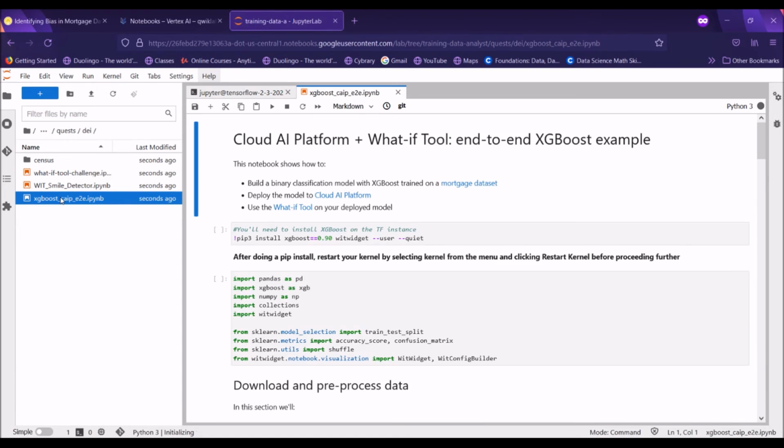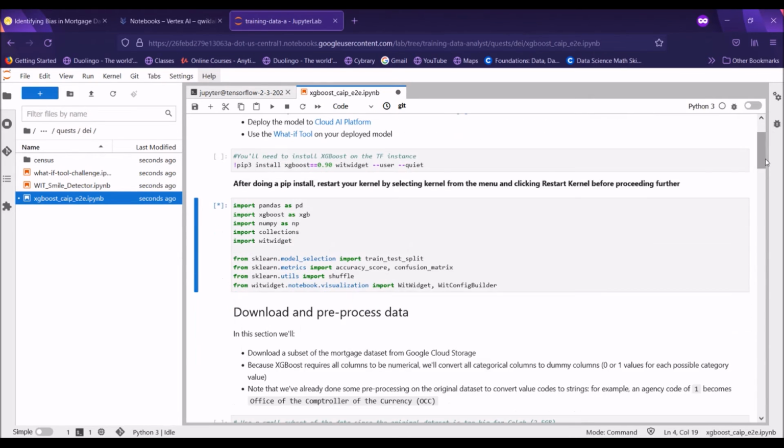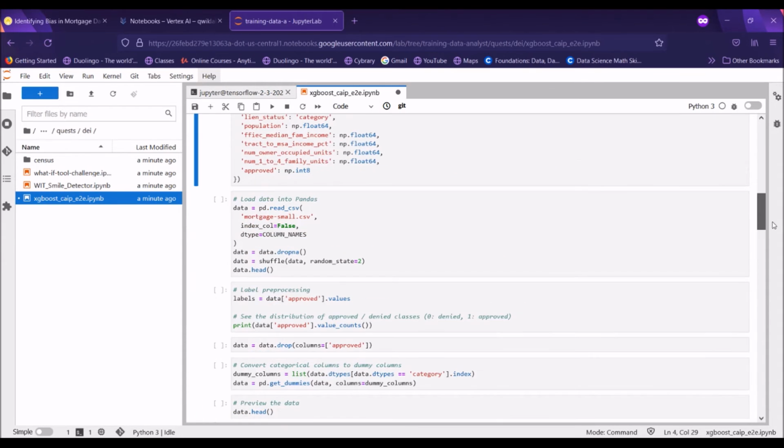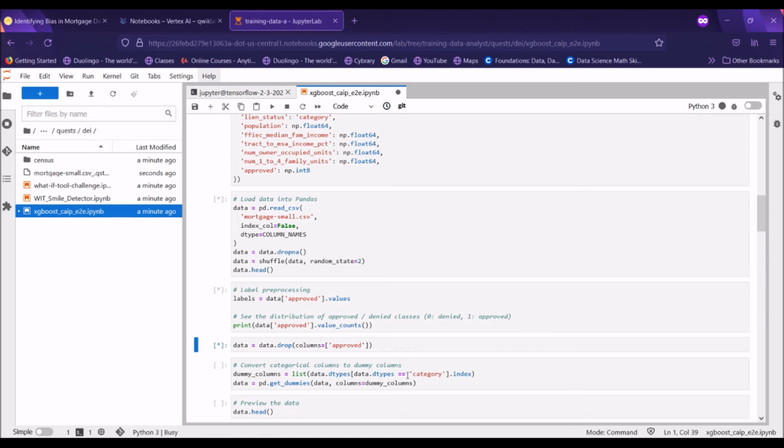We will have to simply run each cell one by one over here. We don't need to run the first command, we have already downloaded XGBoost. So you can either run the entire notebook after making changes, or you can just simply run each command one by one and make changes accordingly. Here I am running each cell one by one.